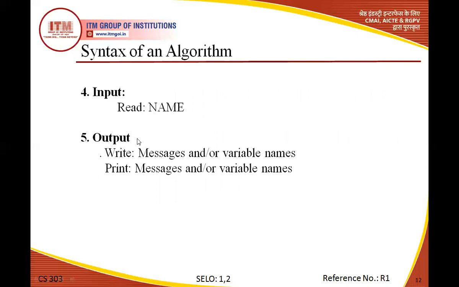And there is the output statement. In the output case, you can use either write or print. Both statements can be used. Write, colon sign, then you can write any message, like a string, or any message you can display, or any variable name. Suppose you want to display the sum of two values, where the sum variable is a plus b. By using the write method, write and then the variable name, you can print or display the value. So the write method and print are the same thing.